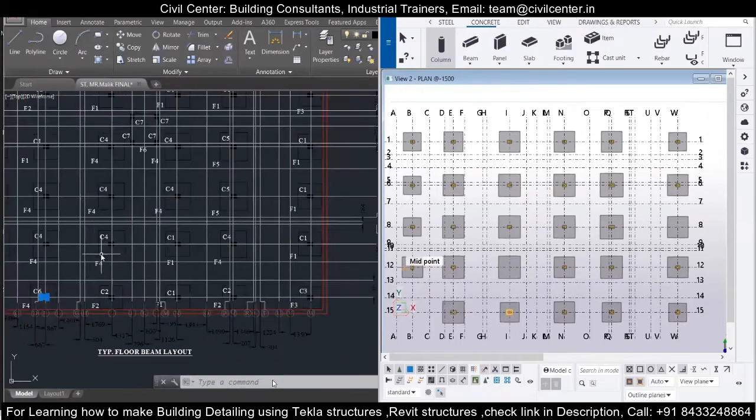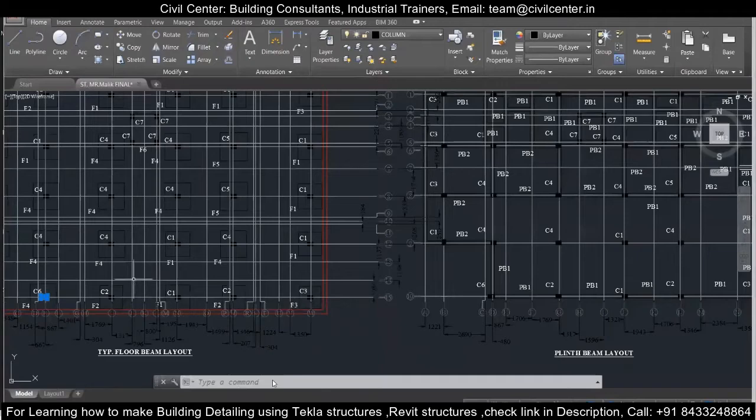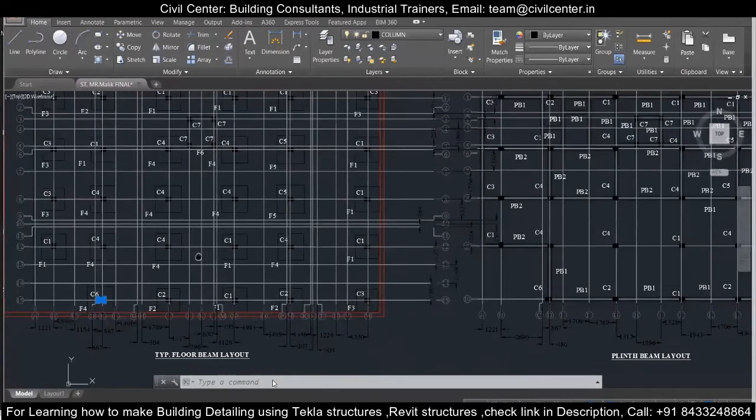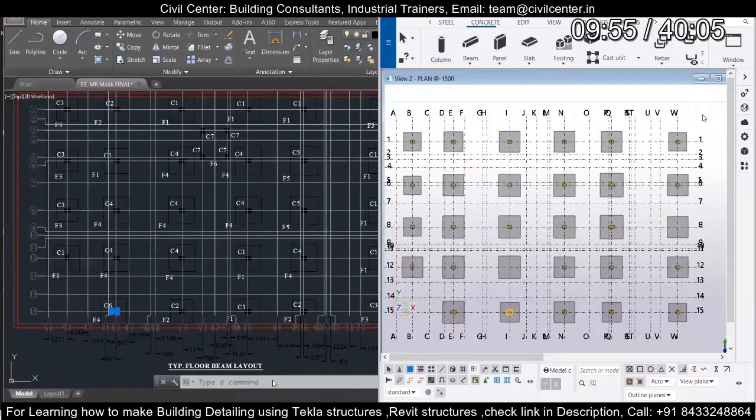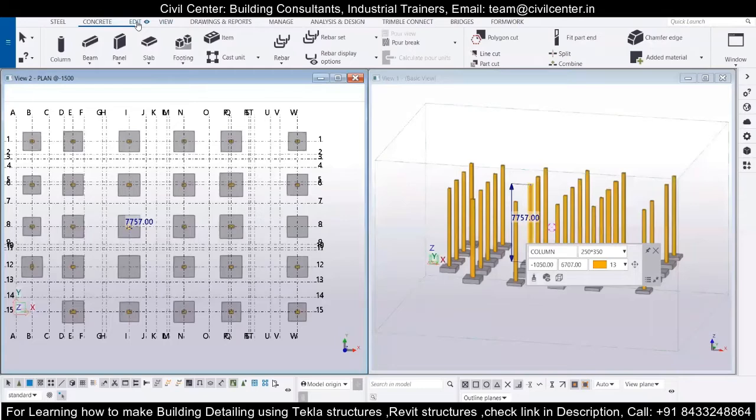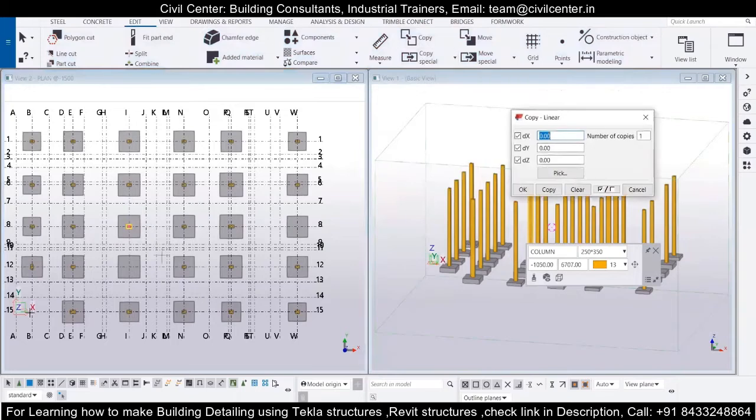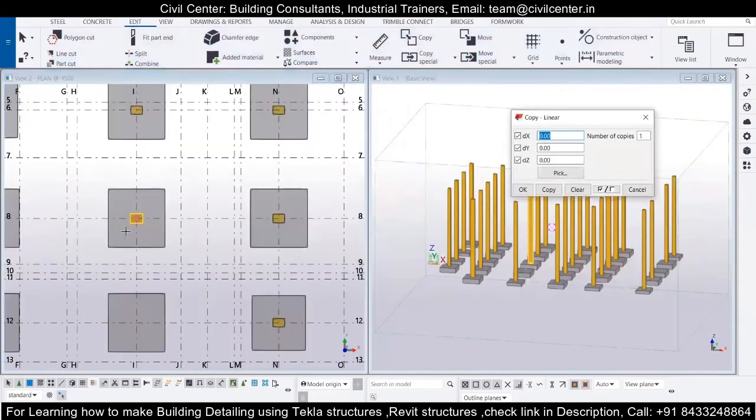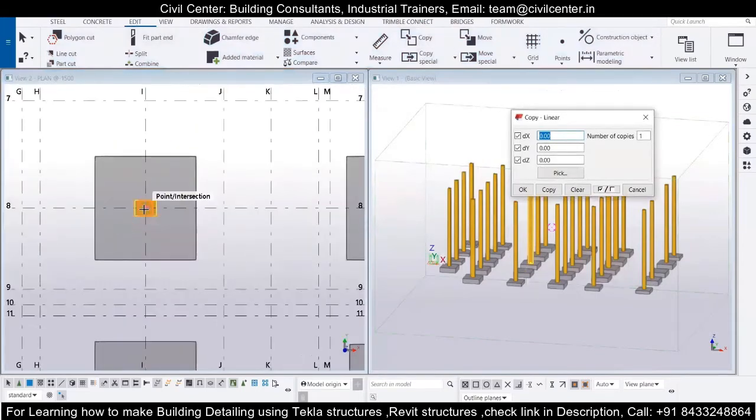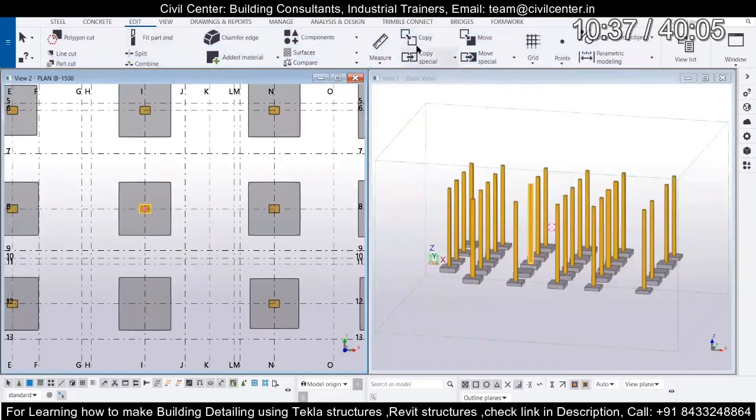So I am working with the C6 type, and now you can see that we may have missed a few columns over here. So what we have to do is simply open the whole Tekla structure, both the plan view and the 3D view, and from there we will see if we have missed any column or not. You can see this one I have missed,